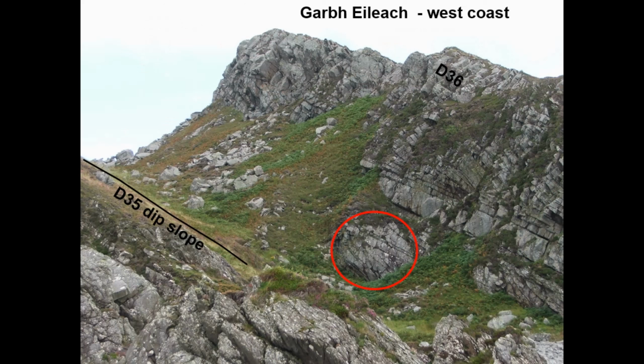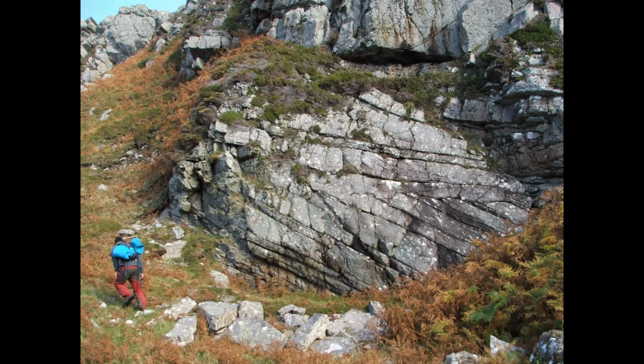Let's go over to the other outcrop on the west coast. Same section, we see the dip slope, the D35 dip slope on your left with the sandstone polygons on it, and D36 on top of the cliff on the right, and all the stuff in the middle is the interbed 2. So looking at the circled area in more detail, you can see very nice planar cross-bedding at the bottom,